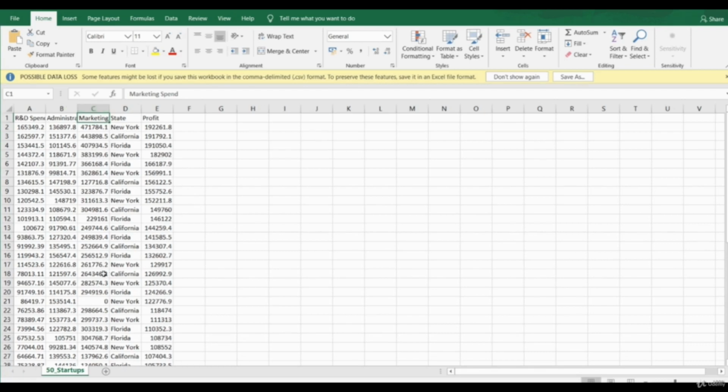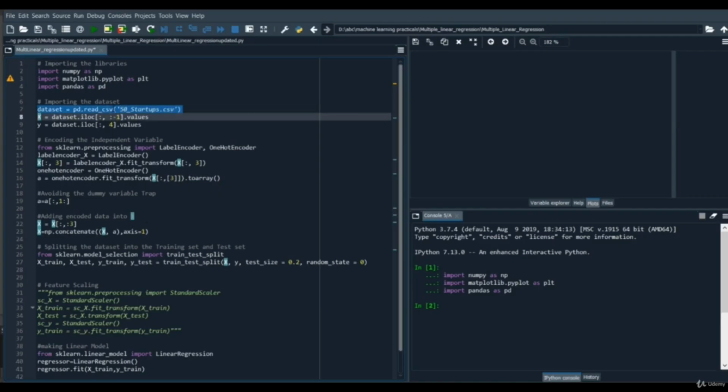Now we are going to create a multiple linear regression model from this dataset that is going to predict the profit of the startup on the basis of its R&D spend, its administration, marketing spend, and the state where it's located. So as you can see, the profit will be our dependent variable y, and all the other 4 columns, that is state and the spends, R&D spend and the like, are going to be our independent variables. Now let's first import the dataset into the code.